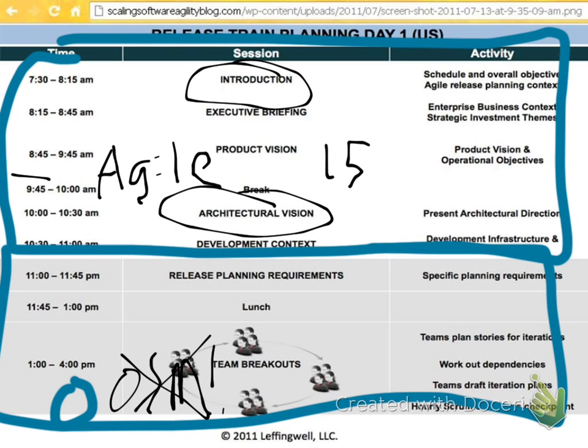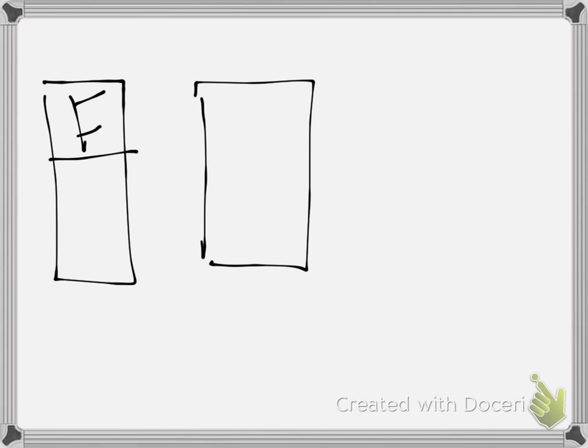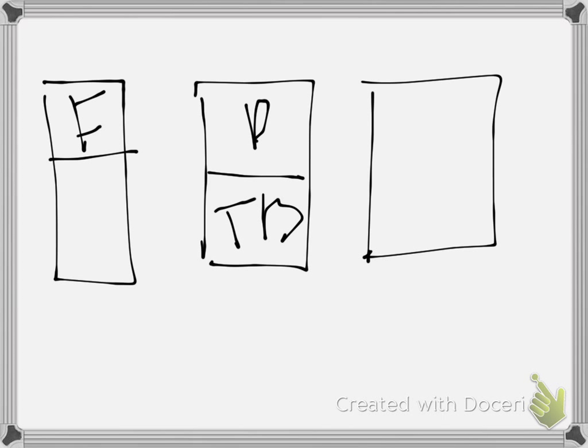So again, this session that I talked about is usually this release planning session. It's usually a 3-day event. I didn't talk about the first day. The first day talks about features being completed. That happens for about the first half of the day. The second day is all about the planning and then the team breakout. And then the third day is all about what's actually going to happen. So this is usually the 3-day event, and then usually sprint planning happens here.